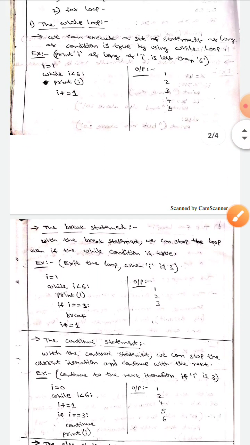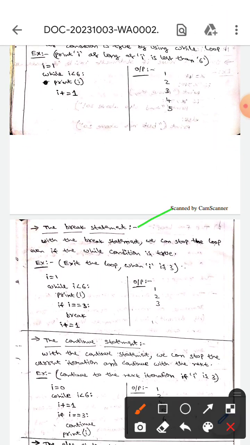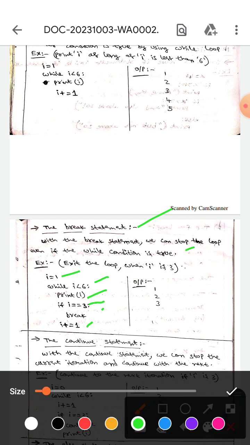The next one is the break statement. Here, with the break statement, we can stop the loop even if the while condition is true. If you observe here, i equals 1, while i is less than 6, print i. If i equals 3, break, then increment, which means if you observe here, at first we take